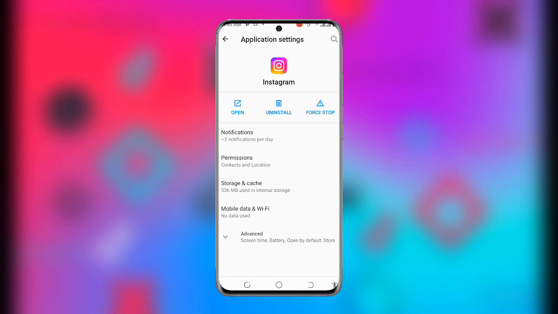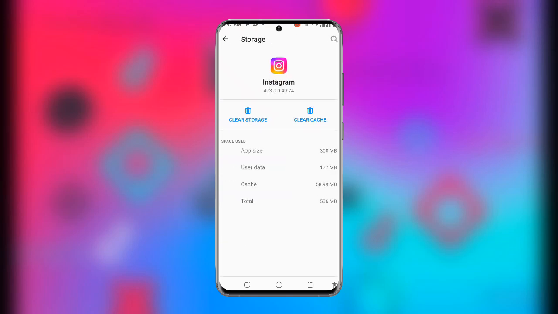And once you find your Instagram, click on storage and cache. Click on clear cache, and also you can click on clear storage. But if you know that you don't remember your password, don't click on clear storage. And once you are done,